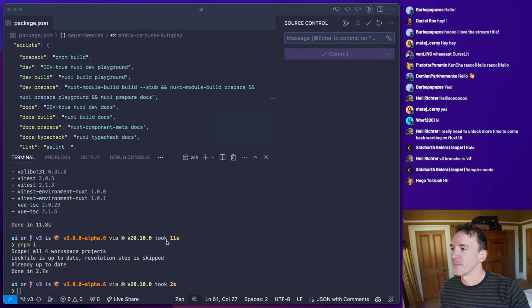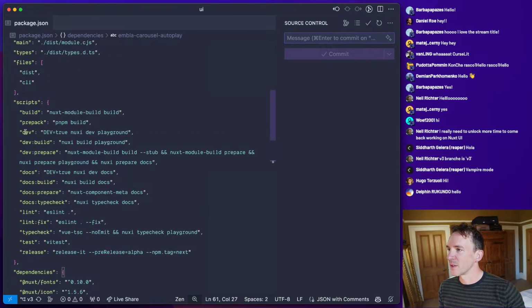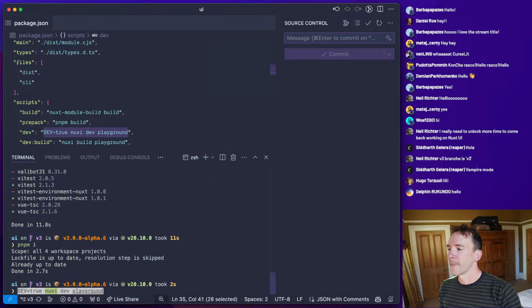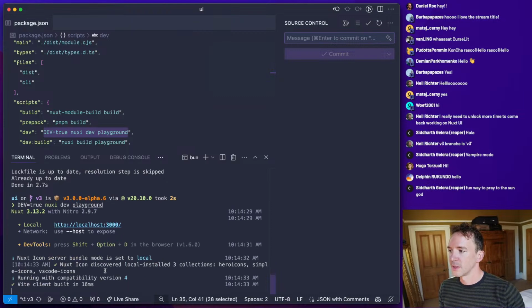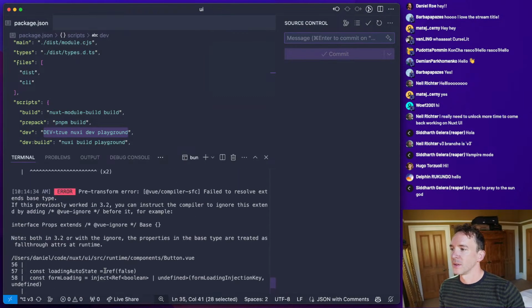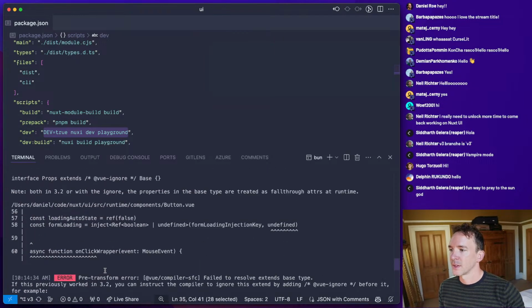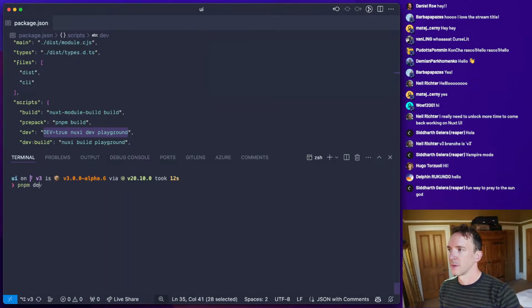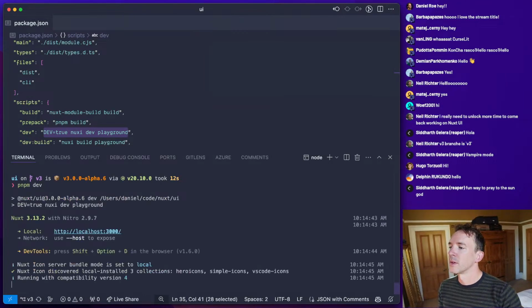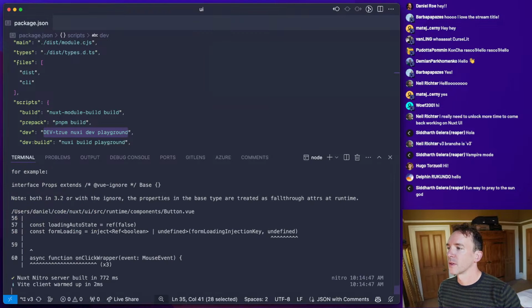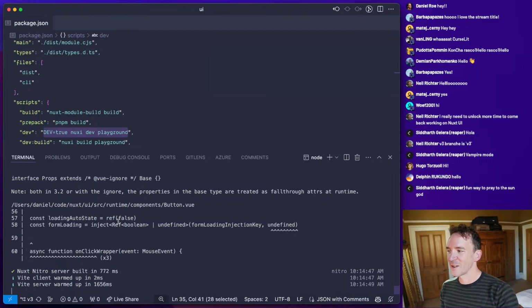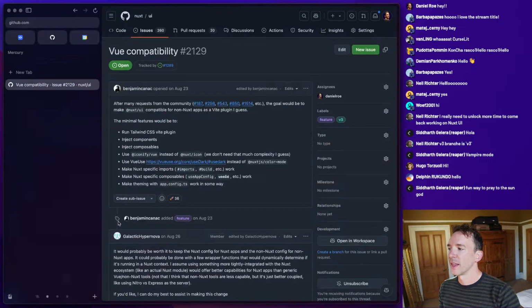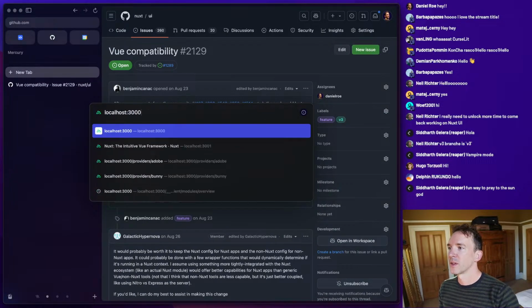Yes. Okay, so I have managed to install the dependencies. Let's run the playground just to see how stuff works. Okay, let's just fire up our local dev server.